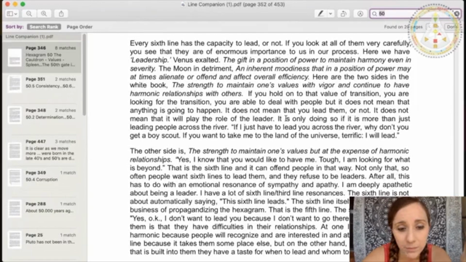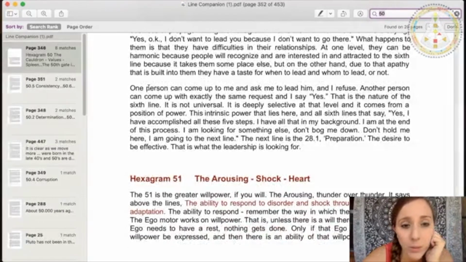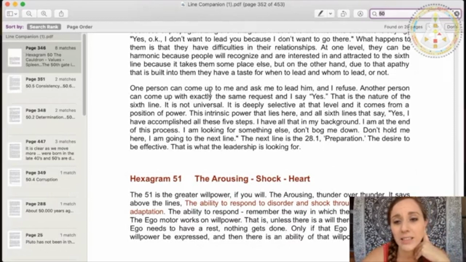Okay, here we go. One person can come up to me and ask me to lead them, and I refuse. Another person can come up with exactly the same request, and I say yes. This is the nature of the 6th line. It is not universal. It is deeply selective at that level, and it comes from a position of power. This intrinsic power lies in all 6 lines that say, yes, I have accomplished all these 5 steps, so line 1, 2, 3, 4, 5,